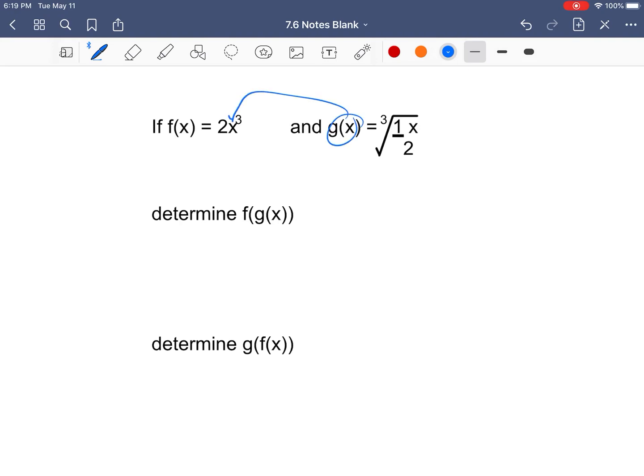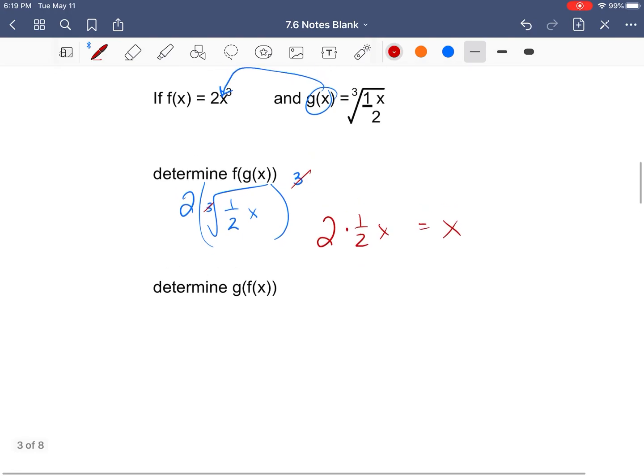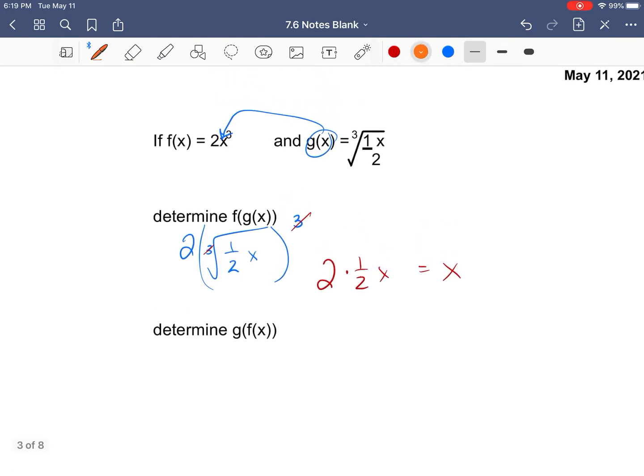So remember, when I'm doing f of g of x, I'm plugging my g of x function into my x spot in my f of x. So 2 times the cube root of 1/2 x, or x over 2, cubed. Well, a cube root cubed cancels those out, and I'm just left with 2 times 1/2 x, which is just x. And if I determine g of f of x, so again, now what I'm going to be doing is